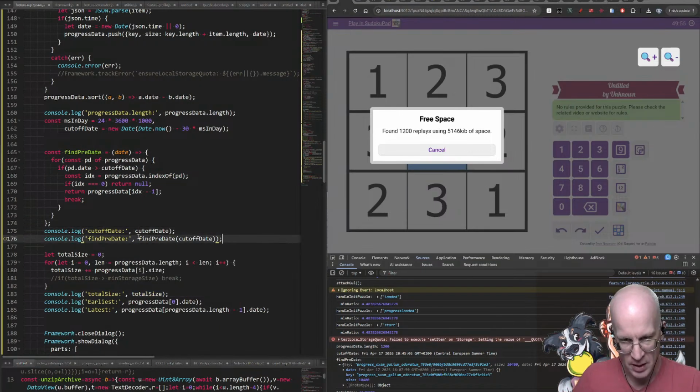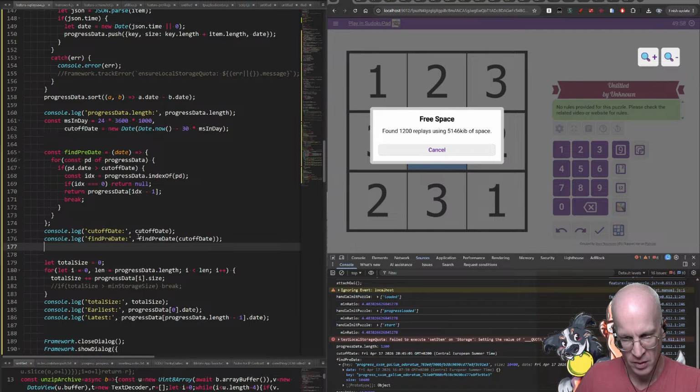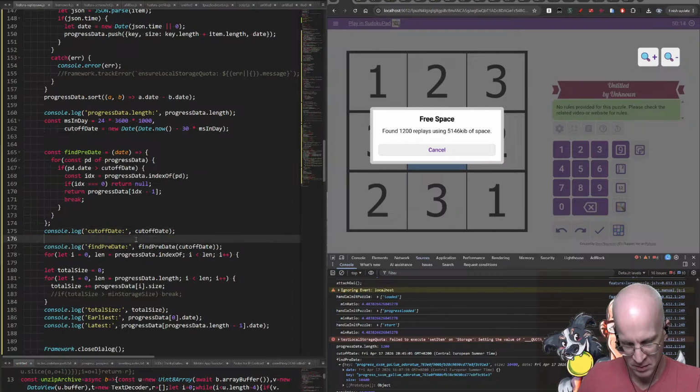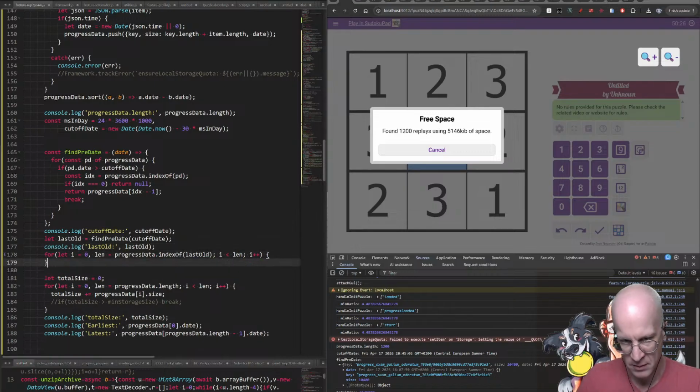So we can say, for let i equals 0, progressData.length, no. progressData.indexOf, let lastOld equals boom. So last old item is this. Index of lastOld is that, right? And then